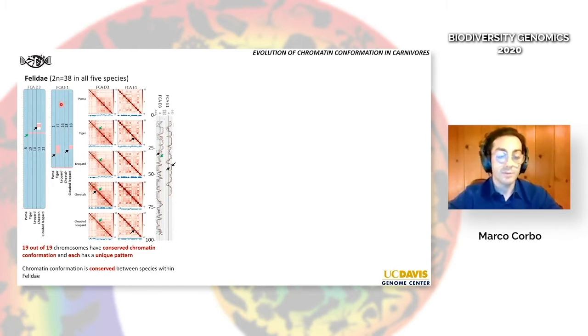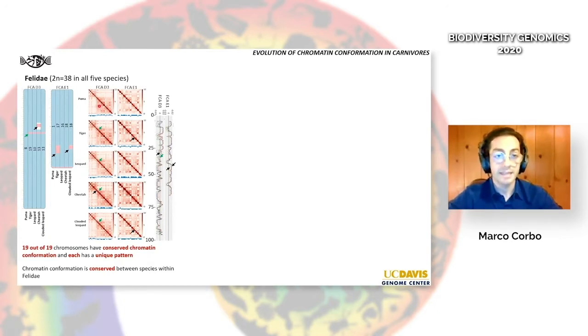And as you can observe by the genome alignment, the chromosomes are almost completely conserved, besides just a few small inversions in a few species. But when we analyzed the Hi-C maps, we were able to detect 2 different and interesting things. The first is that every single chromosome has a specific and unique pattern. And second, and most important, that these patterns in each chromosome share the same chromatin conformation when we analyze different